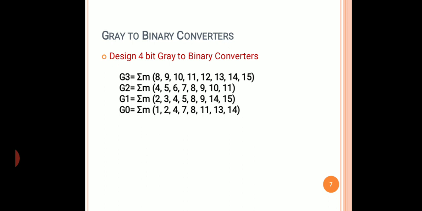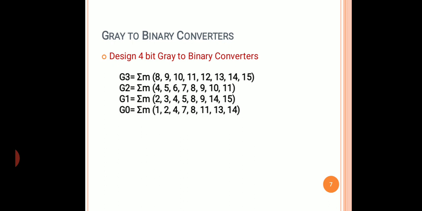Then we have to simplify them by using K-map. There are 4 expressions, that's why there will be 4 K-maps, one for each expression, that is one for G3, one for G2 and so on. But how many variable K-map will you select? While selecting the number of variables, you will observe the maximum number in this first expression is 15.